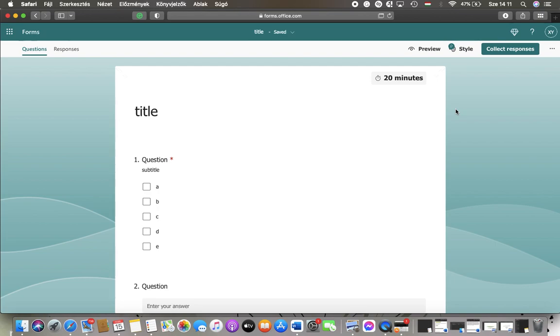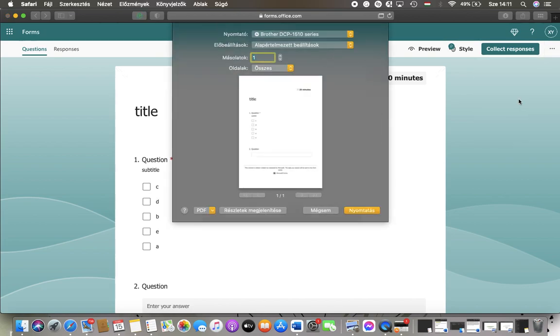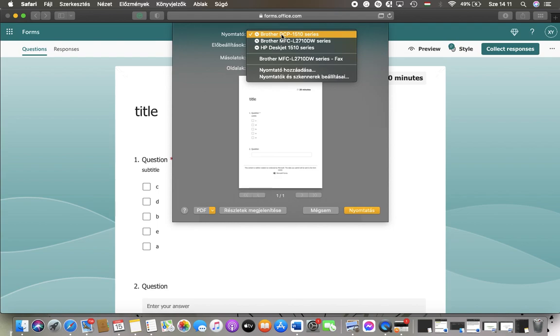First of all, you should open the website and start creating your questionnaire, and when you are done, tap on this more button in the upper right corner of the screen. Tap on print form, which is the third option, and in a few seconds you will be able to see the preview of your form, and at the top of this section you can select your printer attached to your device. Then you can set the number of copies you would like to print. Also the pages can be selected, and if you are done, tap on the